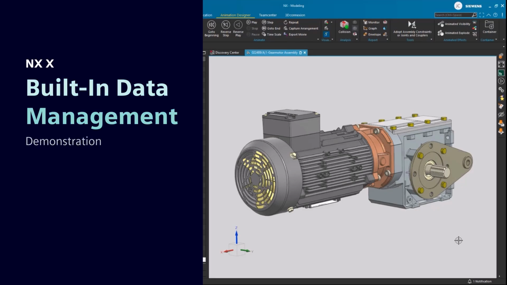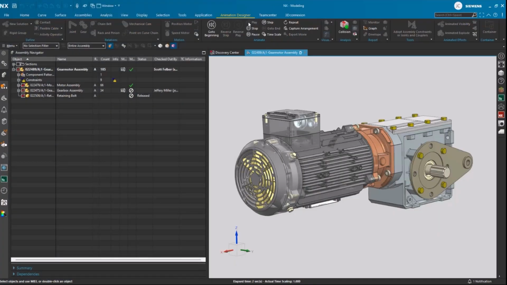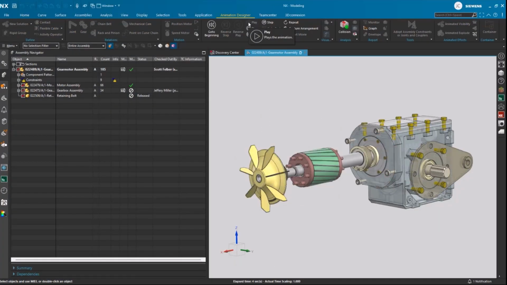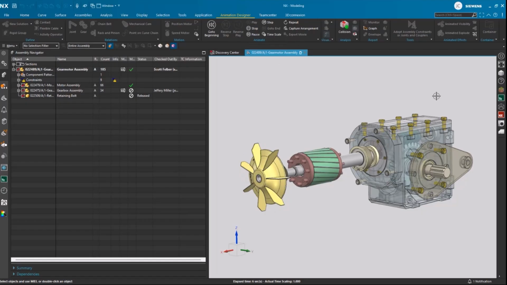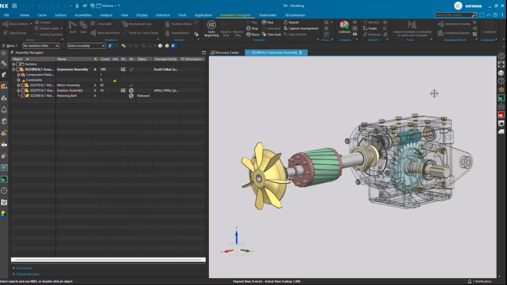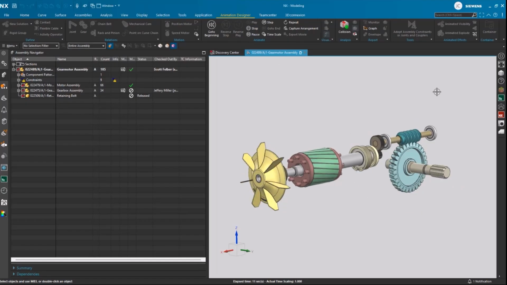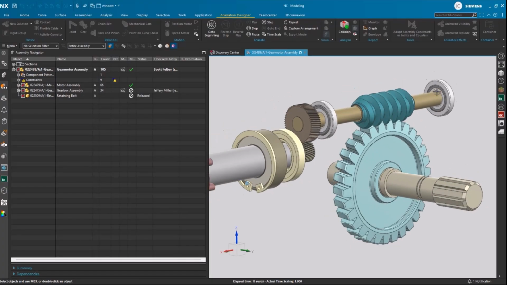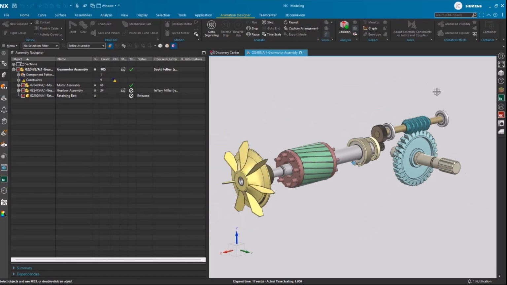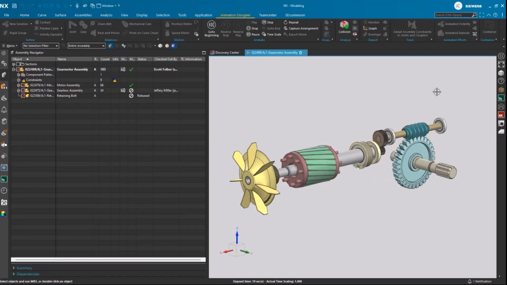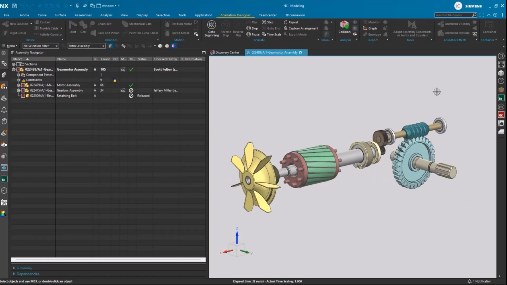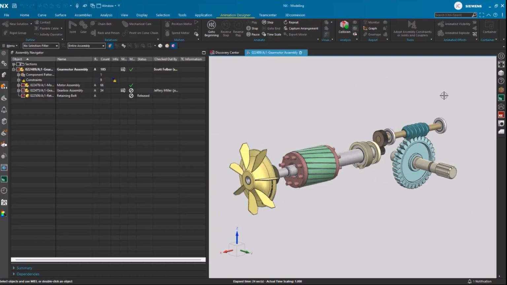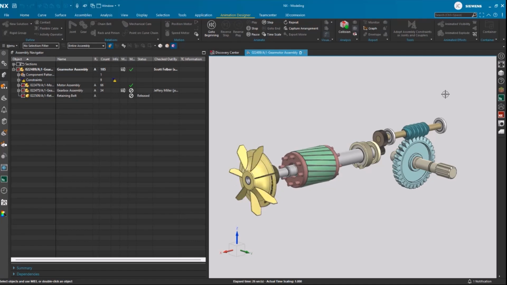Today we're going to demonstrate one of the key differentiators of NXX, design collaboration with built-in data management. We've put together a quick scenario around a gear motor assembly, and we have both project manager, Jimmy, and design engineer, Scott, working to address a customer request on the capacity of the torque arm. Jimmy is one of our on-site project managers in Utah, and Scott is a design engineer at our corporate office